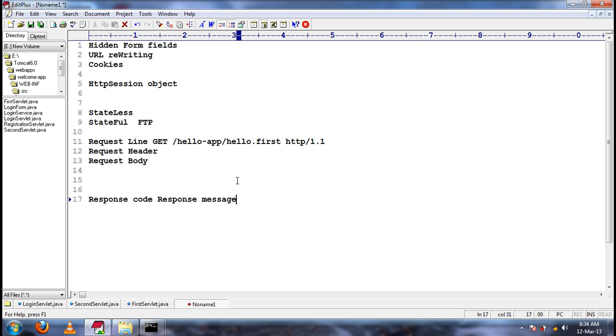The response code will be different for different situations: 200 series for successful, 300 series for successful with warnings, 400 series for exceptions in client server interaction, and 500 series for server side exceptions.